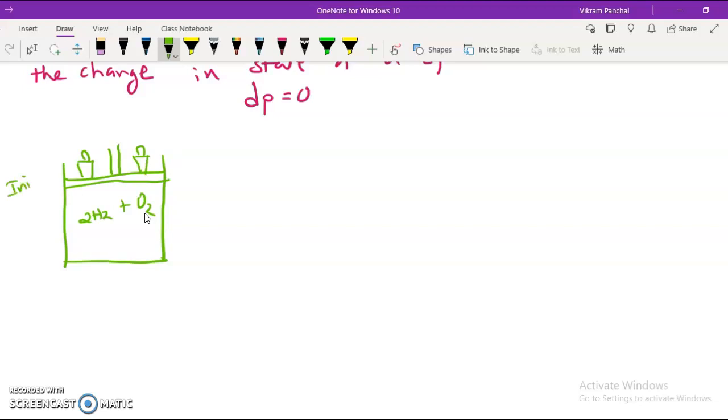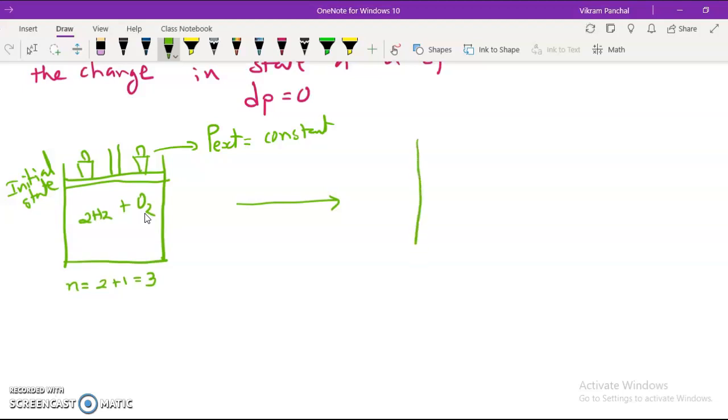So this is the initial condition or initial state, and these indicate pressure. So here we can say that P external is constant. Okay, now the reaction occur inside this. At present the number of moles are 2 plus 1, 3. 2 moles of hydrogen, 1 mole of oxygen, number of moles are 3. Okay. Now, when the reaction takes place, and the final product is H2O, but 2 moles of H2O. So obviously, number of moles are 2 only. So from 3 to 2, as number of moles decrease, volume decreases. So without changing pressure, this piston moved downward, and now